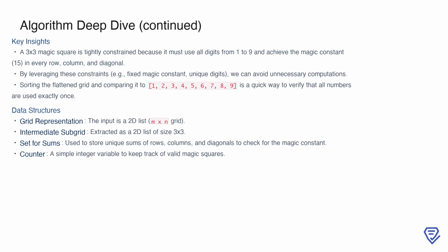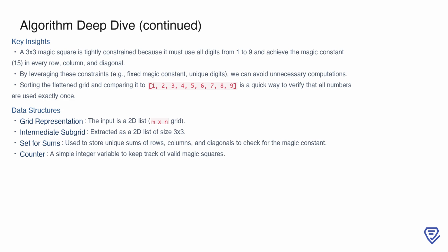In terms of data structures, the input grid is represented as a 2D list, while each extracted subgrid is another 2D list of size 3 by 3. To validate the sums, we use a set to capture unique sums of rows, columns, and diagonals. This ensures that all sums match the magic constant. Finally, a simple integer variable serves as a counter to keep track of the number of valid magic squares found